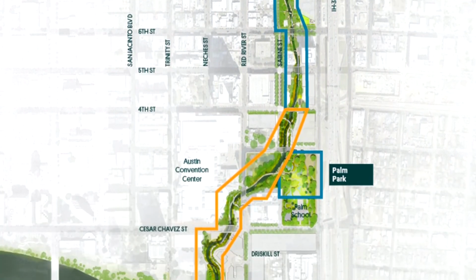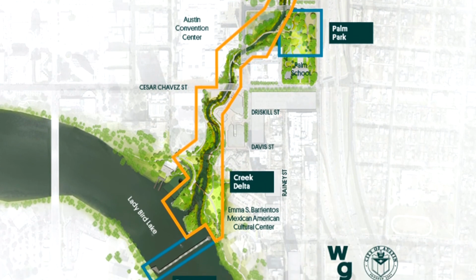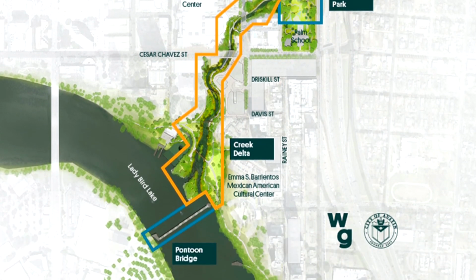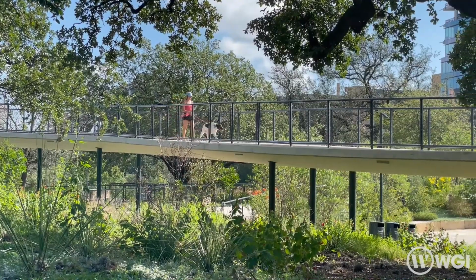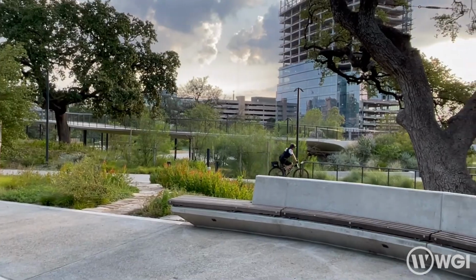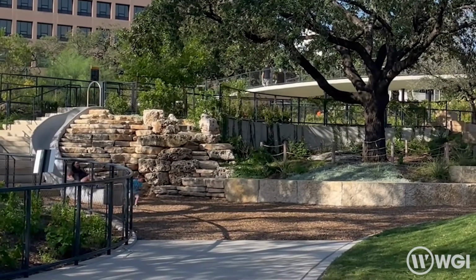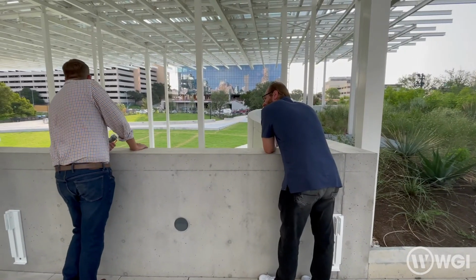After the series of parks is built and open, it'll connect all the way up from Lady Bird Lake to 15th Street and allow continuous pedestrian and bicycle access and a lot of stuff for families and kids and visitors to do in Austin. As WGI, we provided civil land development services here, so we did all the site plan